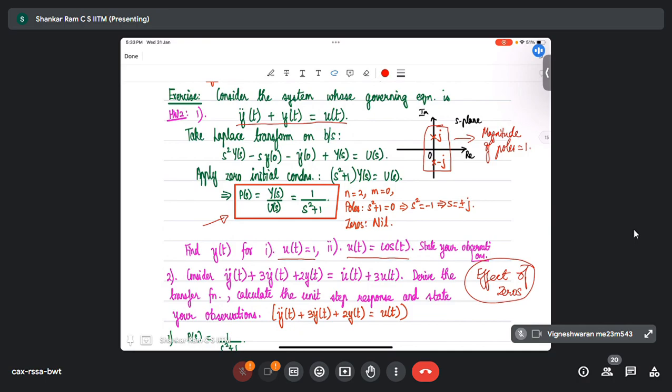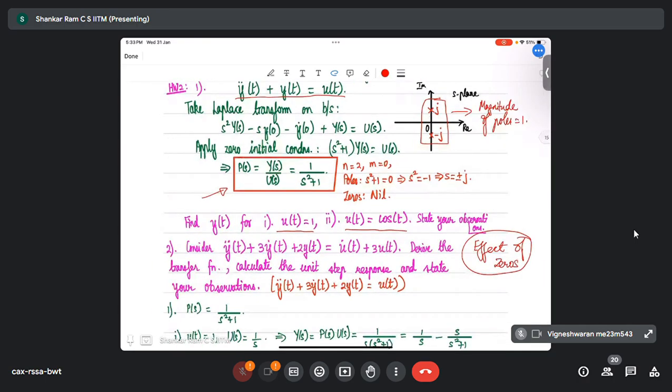Please note that we would have already done the problem y double dot t plus 3y dot t plus 2y of t equal to u of t, right? So we have already solved this problem and obtained the unit step response. Now what I am doing is changing the right hand side. I change the right hand side to u dot plus 3u of t. Left hand side remains the same. So obviously the numerator of the transfer function will change. So there will be a 0